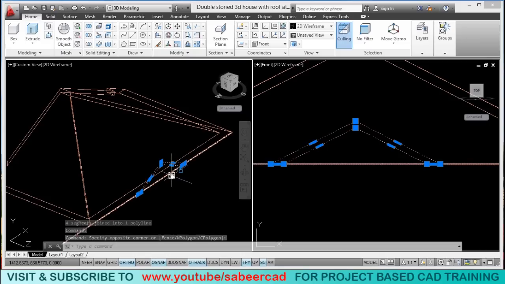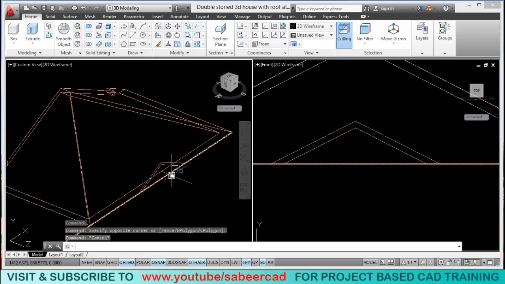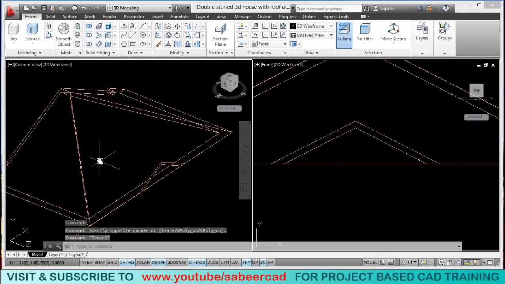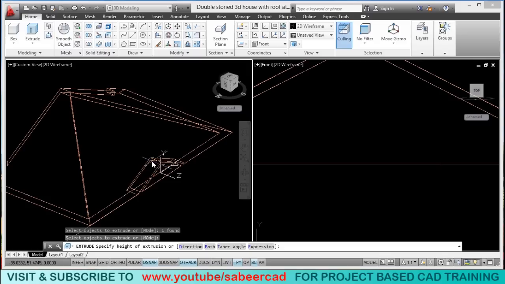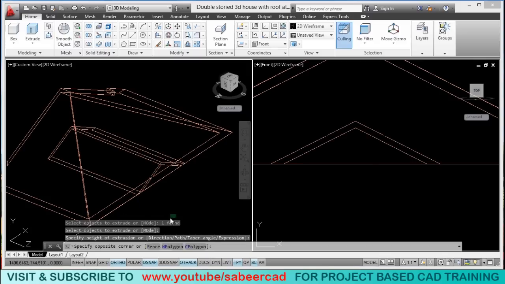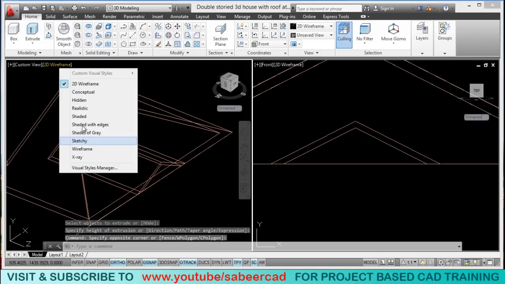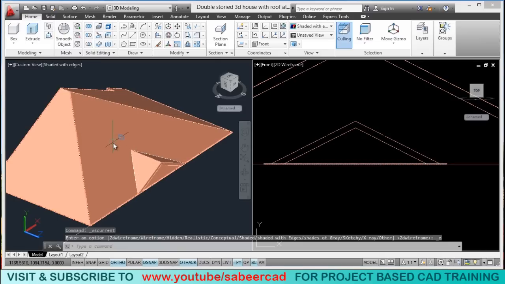Next, we will extrude this profile in such a way that the extruded surface will go inside the slope. So I'll click on extrude command and I'll select the profile. When I'm asked to select the profile to extrude, I'll choose this, just give an enter. When I'm asked to give the height of extrusion, just drag the mouse all the way inside and just pick a random point there. Now when you shade it, you can see that it has gone completely inside this sloped